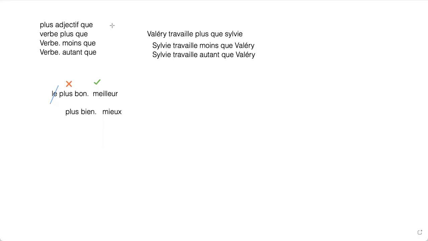So we don't use plus bon because plus bon is not good. It's not correct. You say meilleur. And we don't say plus bien. We say mieux. So here, if I want to give you some example, I say,